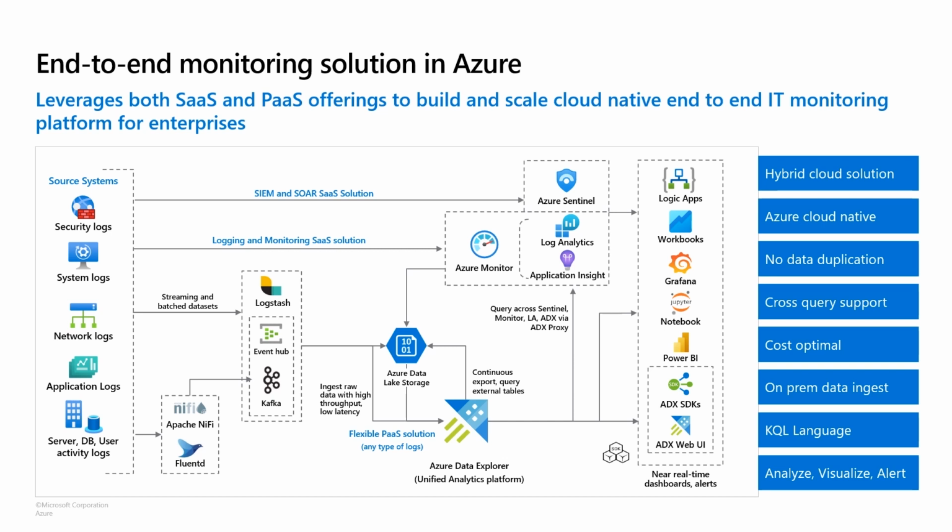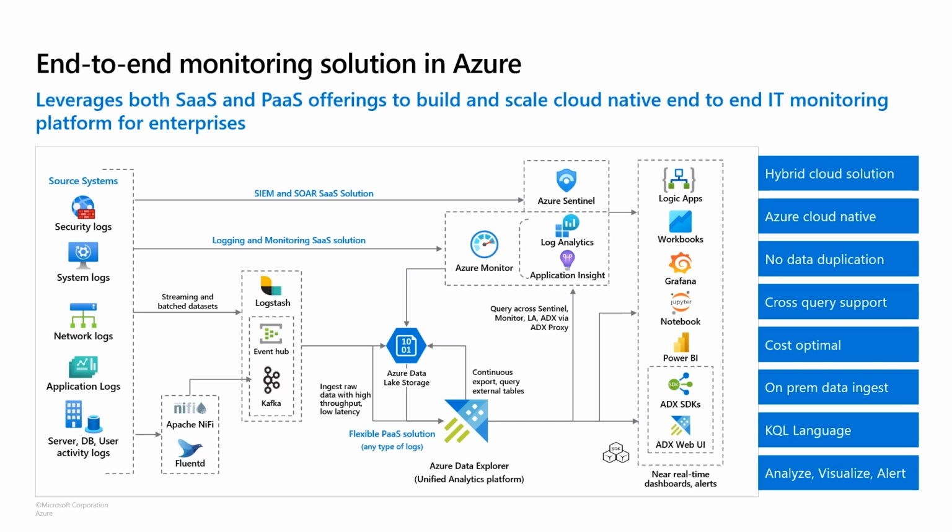Now, the key USP for this architecture is that you're not duplicating any data. The data that is of security value is landing in Sentinel, where you have the most out-of-the-box value from that platform. The data around IT monitoring and observability is landing in Azure Monitor, which is the default service to provide native visualization and alert capability. Everything else, where you do not have any out-of-the-box capability available today, you can leverage Azure Data Explorer. You can bring data from on-prem, you can bring data from your network devices natively within ADX by leveraging many of the managed pipelines that are already built in, and be able to provide this comprehensive